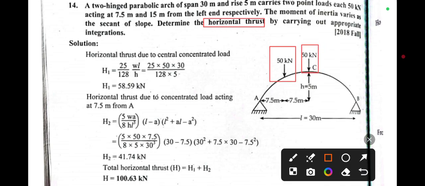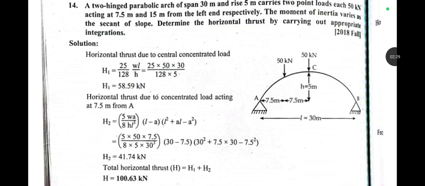These two loads are acting from this left side. You can see here the first one is acting at 7.5 meter and the second one is acting at a total of 15 meter. Okay, and we need to calculate horizontal thrust. So for this we have to just apply the formula. This is very simple. So as you know,